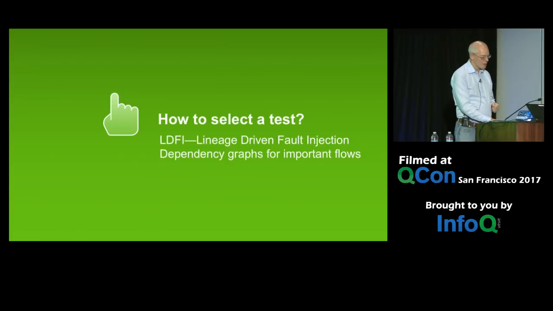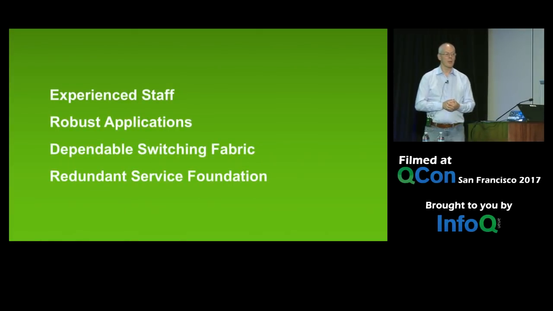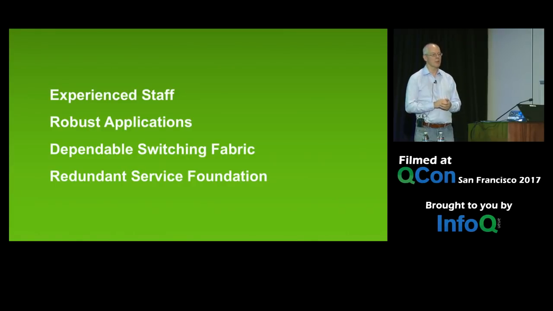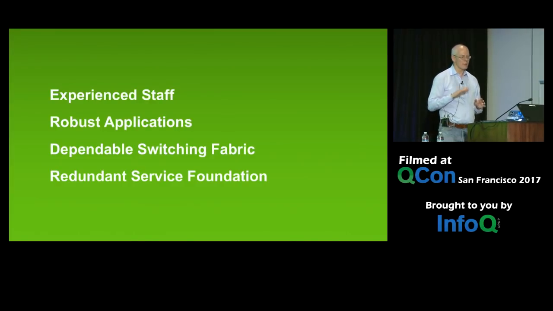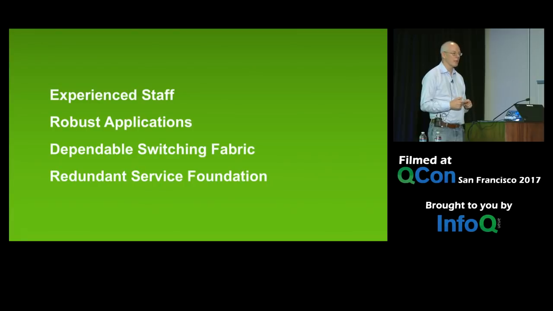All right. So to summarize, what we really want is really experienced staff who have been through incidents. Maybe you don't have real outages every day. Planes don't crash every day, but pilots are trained in what to do if there is an incident, right? So that training is really important. You want your staff to be experienced in the processes involved in dealing with an incident. You want your applications to be robust, so you put them in test environments and simulate failures of various kinds, and you want to do that in production too.